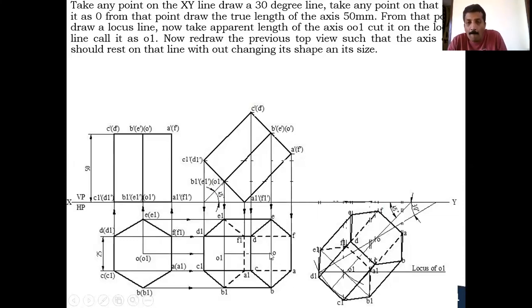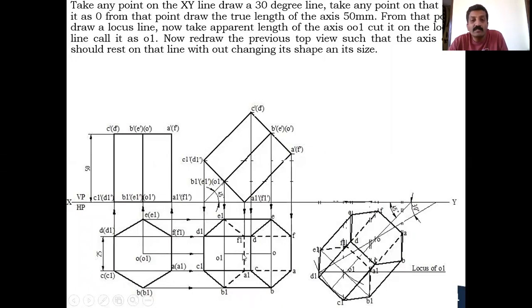Similarly, from O, you take this distance till this line, and from O till here you can take this distance and cut it on either side. After getting these two points, you draw a perpendicular line here also. After drawing the perpendicular line, you take this arc, from here to here the distances are same. You can cut on either side of this perpendicular line. You will get all the points.